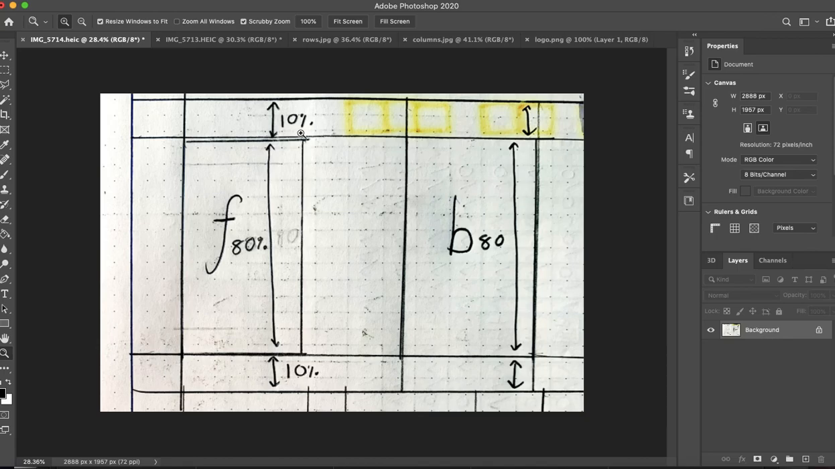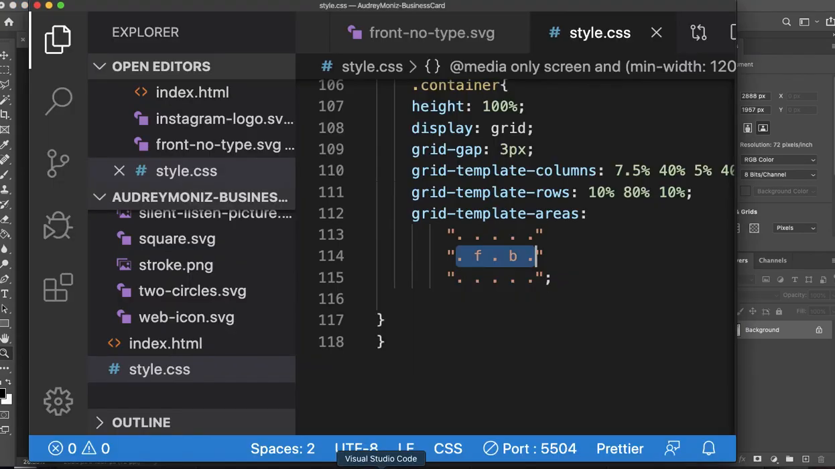If we come over here, here's a visual of what we're doing. We're putting the front of the card, the back of the card, and then we have spaces where we need margin. So if we head over to VS Code and see what it looks like there,